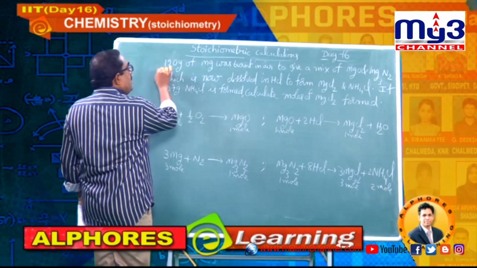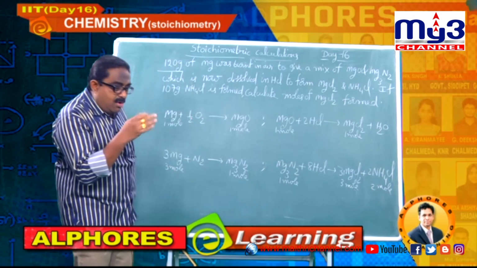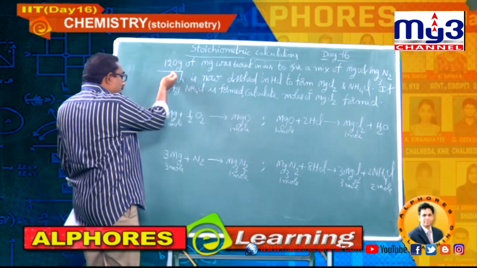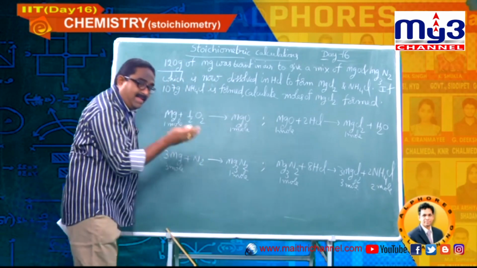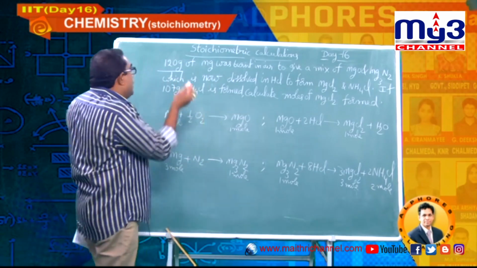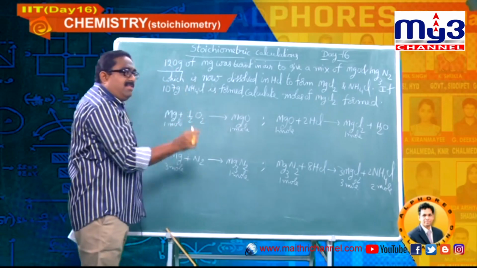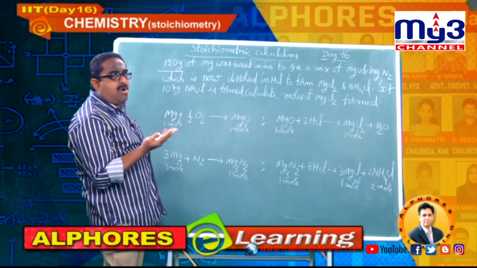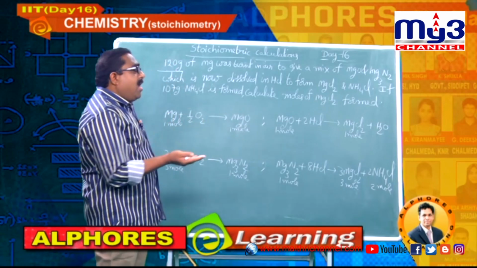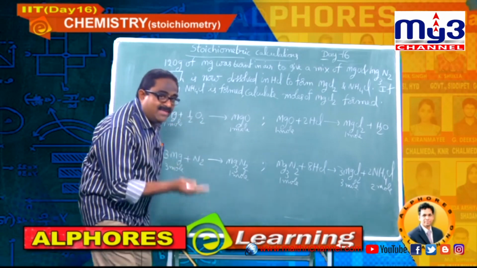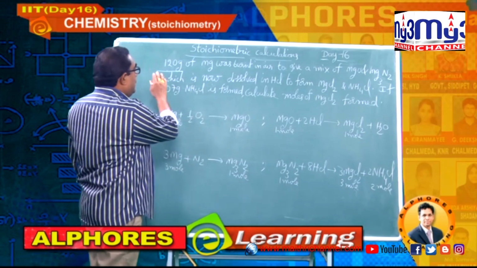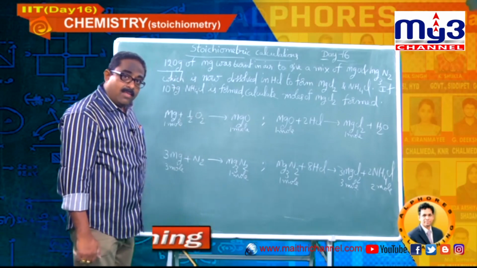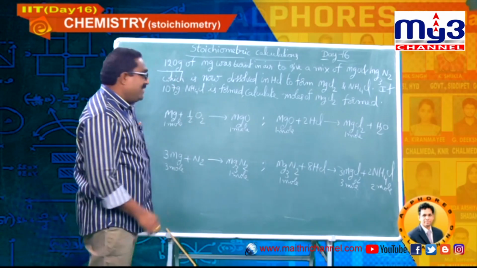That is based on the given sequential reactions in the process. And he has given 120 grams of magnesium. We don't know how much of that will react with oxygen and how much will react with nitrogen. So we are not supposed to start with this data, students, because we don't know out of 120 how much is going to react with oxygen and how much with nitrogen. That is why it is not useful for us. And one more data is also given in the question. Students, observe it.